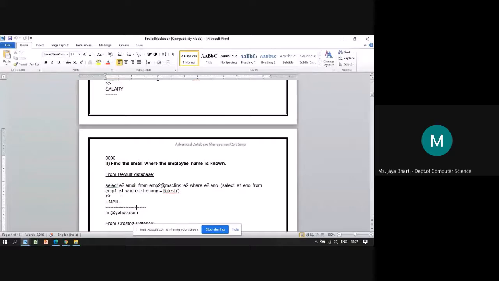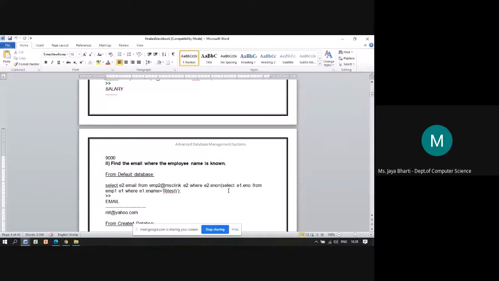That means the email column from emp2 @MSC link e2, where they are checking e2.e number, that is the employee number from the emp2 table, is equal to, here they are retrieving the e-name from the emp1 table. Why? Because emp2 doesn't contain the employee name, it only has the employee number.